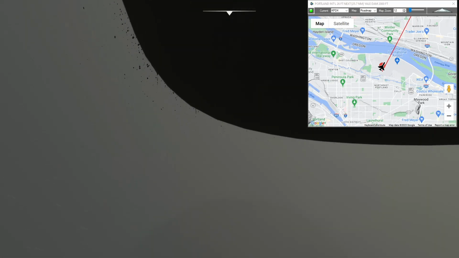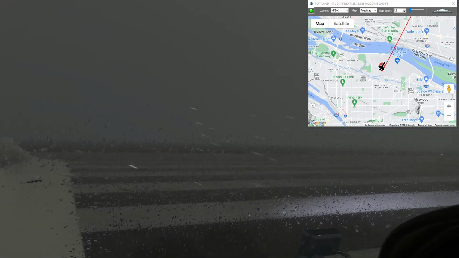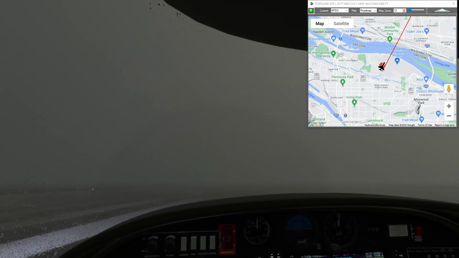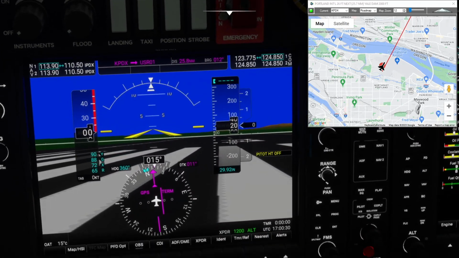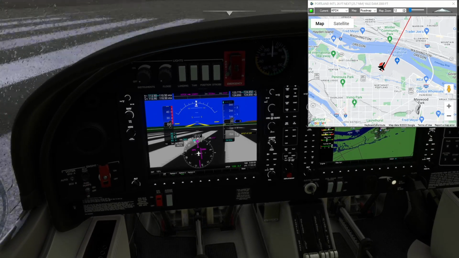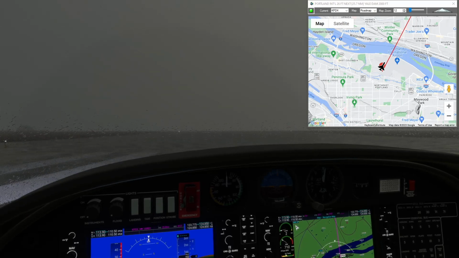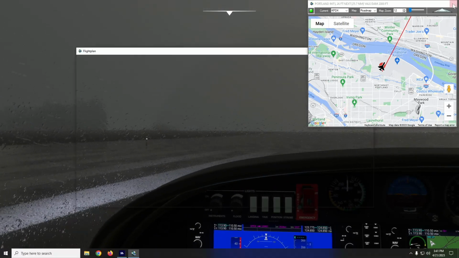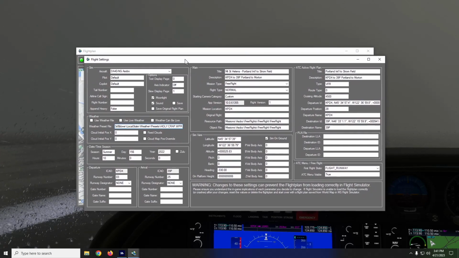okay, and I don't know that it looks all that much different. The rain's moving horizontal at this point, so we're in gale force winds here. I think our wind data is off the charts. You can hear it whipping out there. You can see the rain's moving up on my windscreen. So obviously I wouldn't take off in this, but that's how you create multiple weather configurations and reuse them in